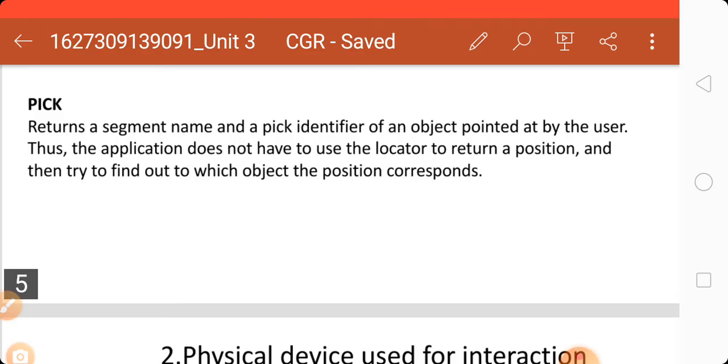Thus, the application does not have to use the locator to return a position and then try to find out to which object the position corresponds.